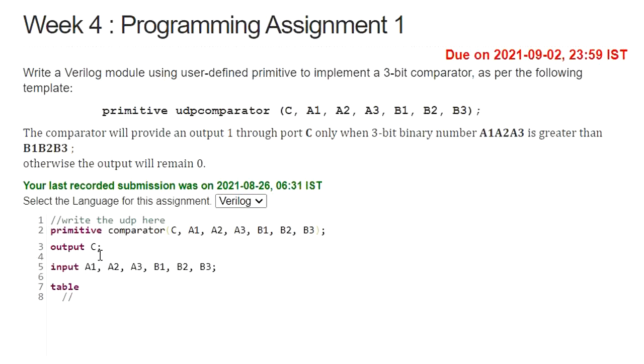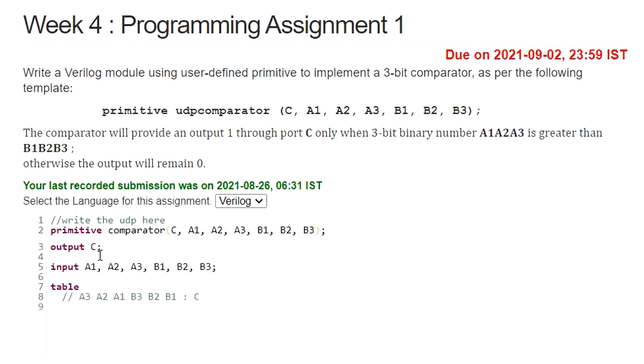Let me write A3, A2, A1, B3, B2, B1 for our understanding. After that I am writing C. This is how I am writing the values under the table. For the first one, it is A3, then A2, then A1 bit, and then B3, B2, B1 I am going to write. Accordingly, what the output C will be.